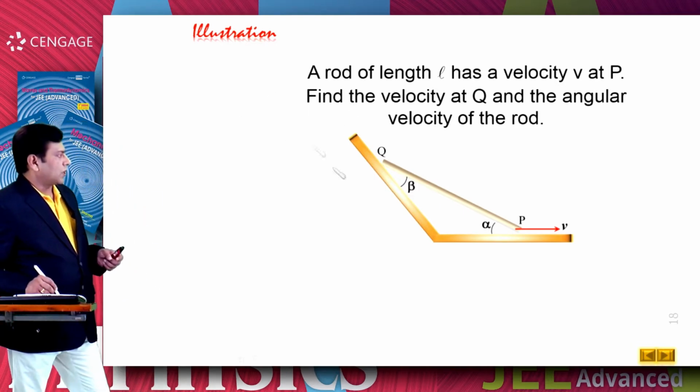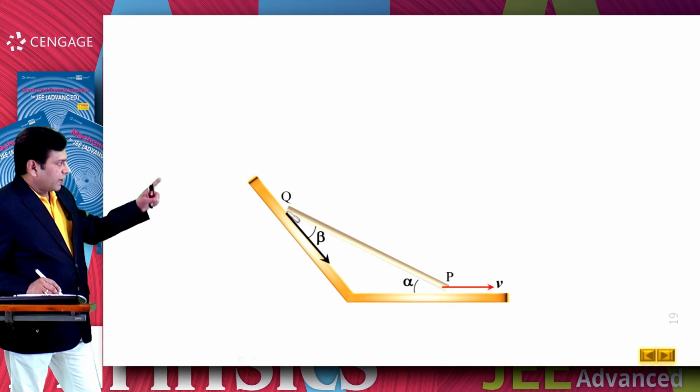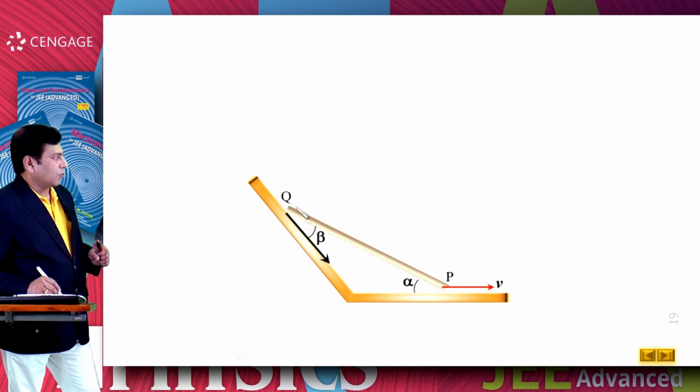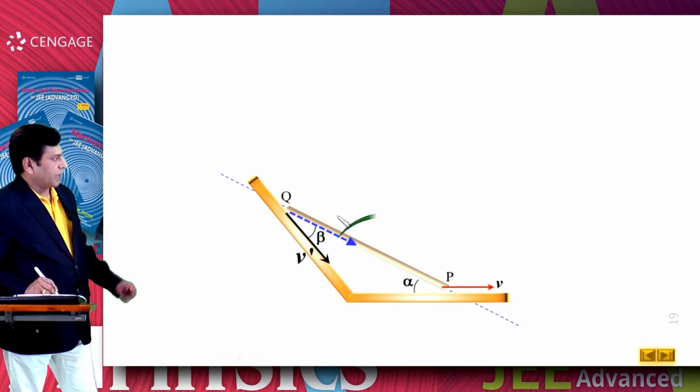So let us draw this diagram again. We can draw the velocity of point Q, that will be along the inclined wall. So the component of this velocity along the length of the rod, this is the line joining the end points, should be along this direction. Let us call this velocity, that is unknown, v dash. So this velocity component should be equal to v dash cos theta.